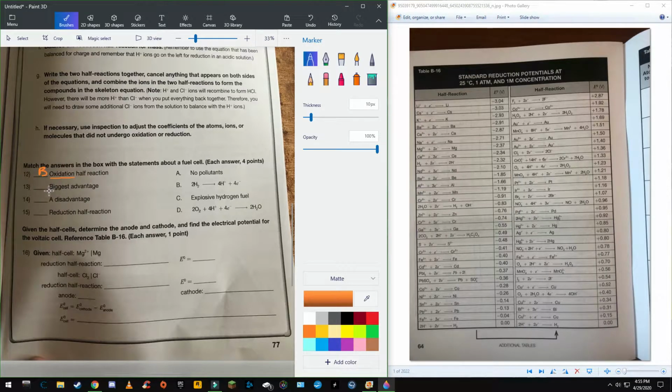Now, these here, biggest advantage and disadvantage, I'm not exactly sure what they want there, but I think obviously it's going to be between A or C, and we can decide an advantage would be no pollutants, right? Explosions are usually not an advantage when dealing in chemistry. Explosive hydrogen fuel, I think that would definitely be a disadvantage. See? And reduction, right, is when the left side you actually are going from a